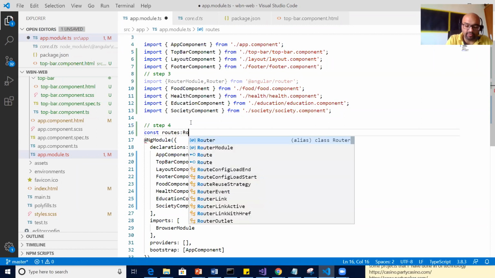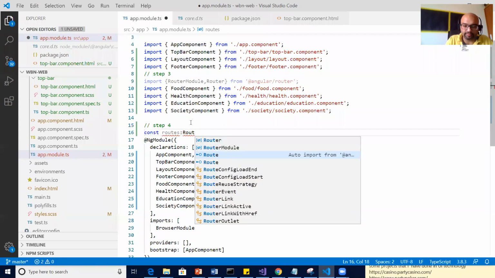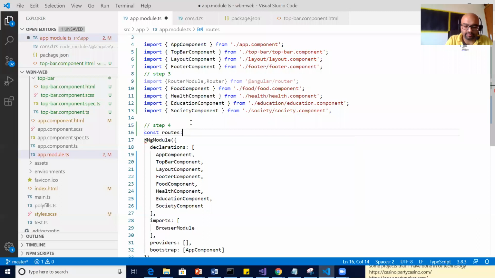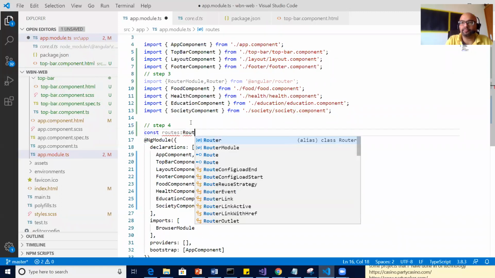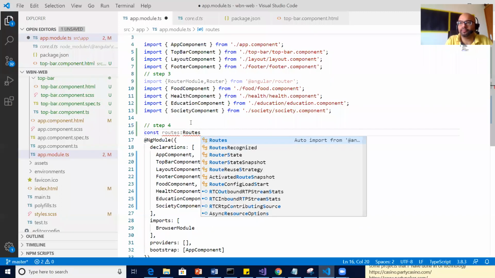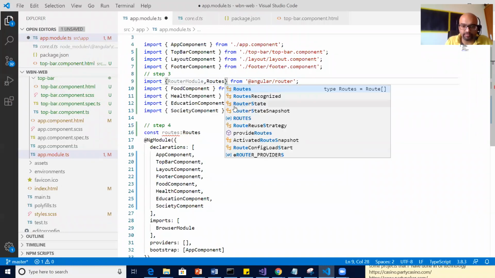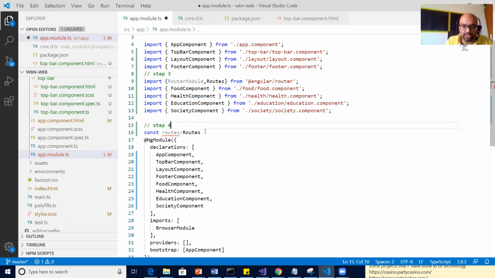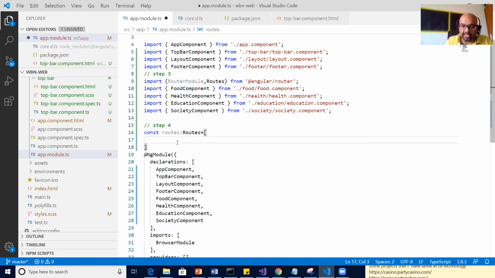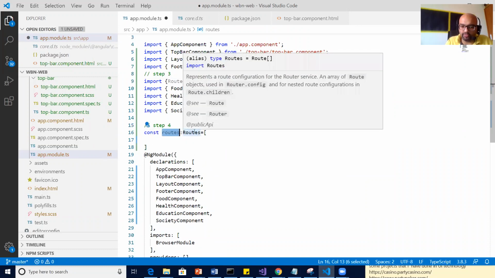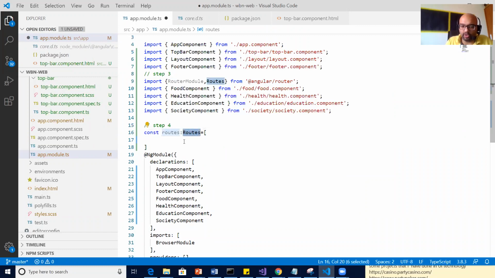It is of Routes type. Simple array. Array name is routes and it is of Routes type.